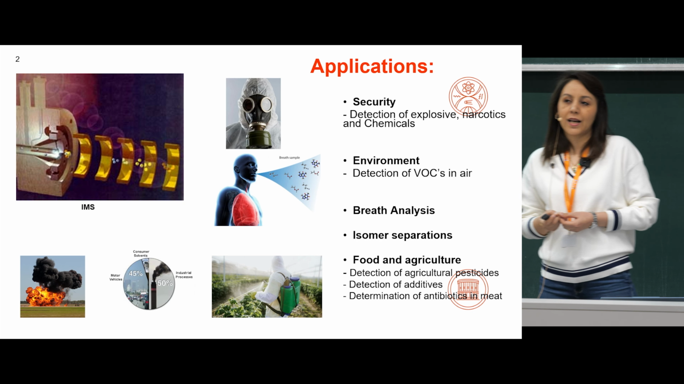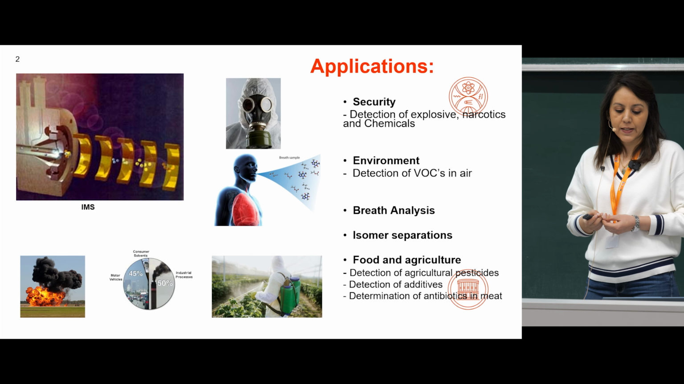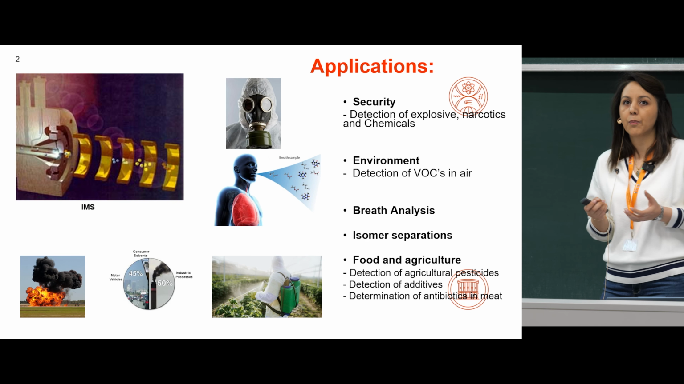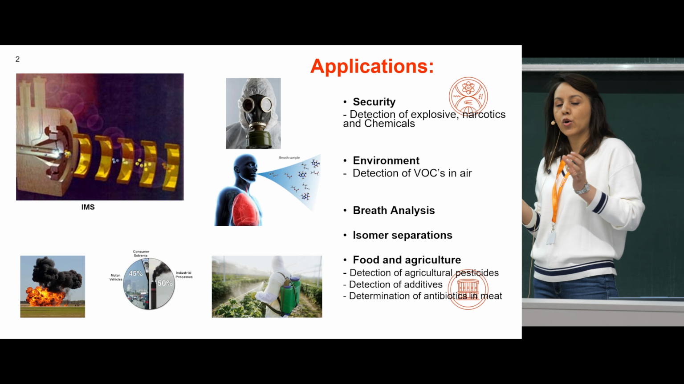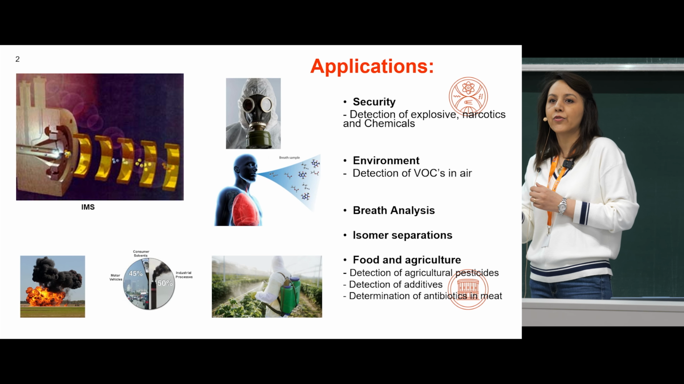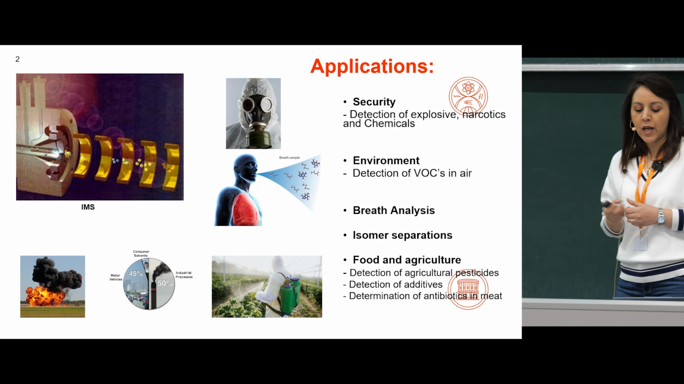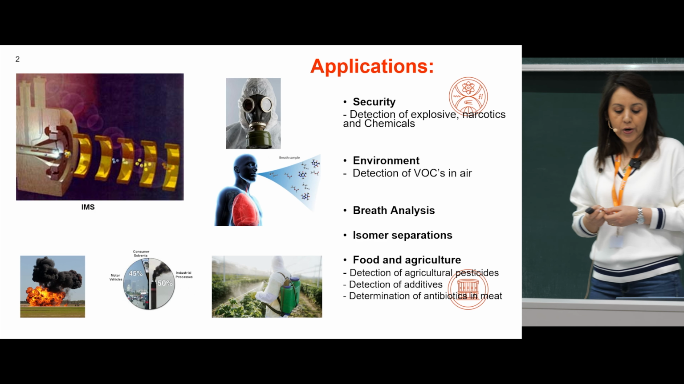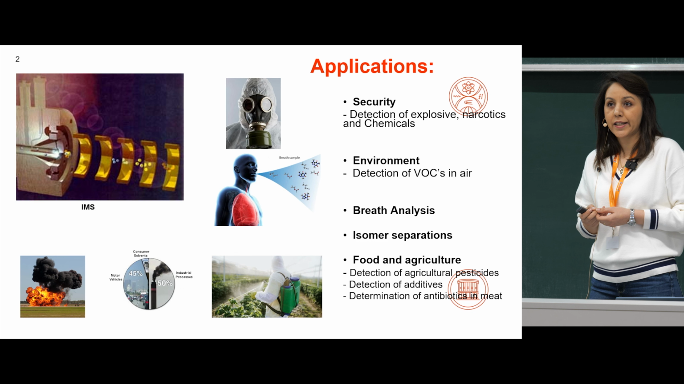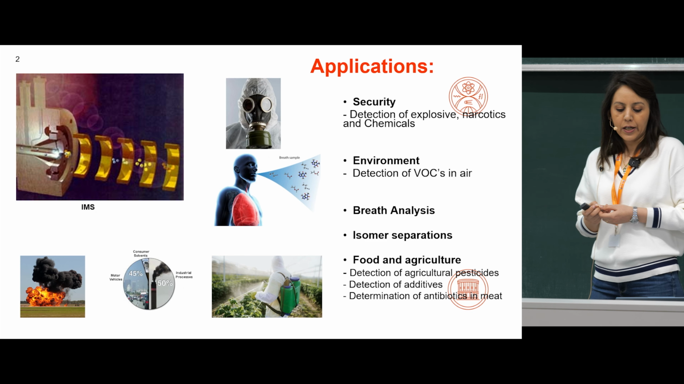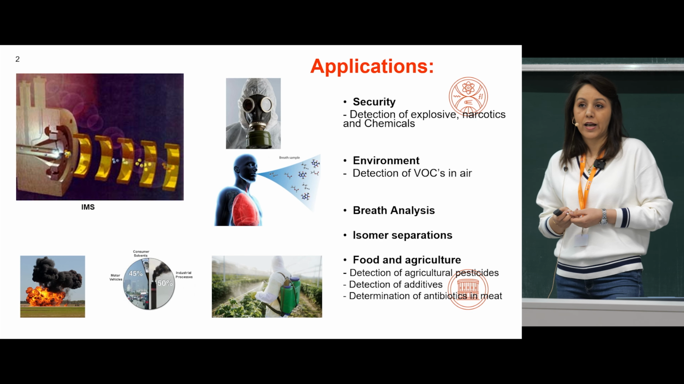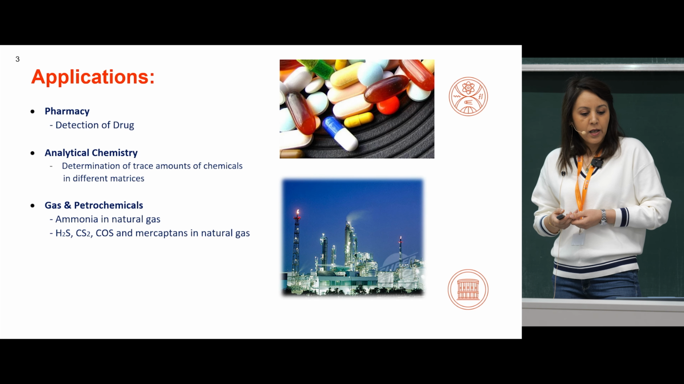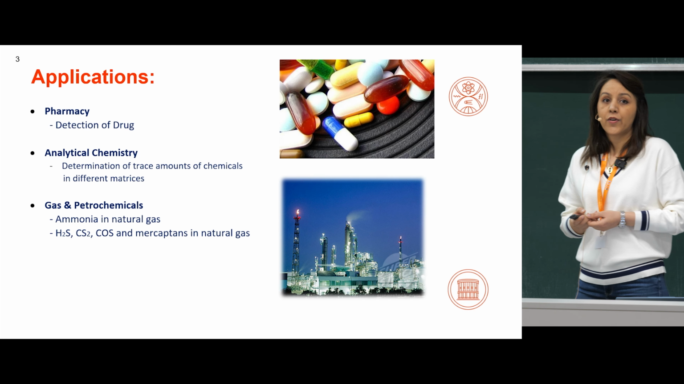One important application of IMS is separation of isomers. Maybe you know isomers are compounds that have the same chemical formula but different arrangement of atoms within the molecule. Also, IMS is used for detection of pesticides in the agriculture field, determination of additives and antibiotics in food chemistry, detection of medicine in the pharmacy field,